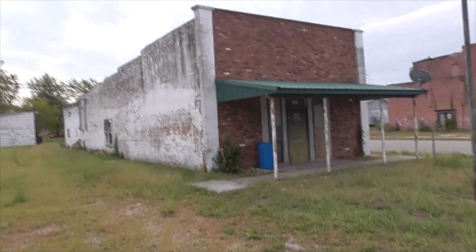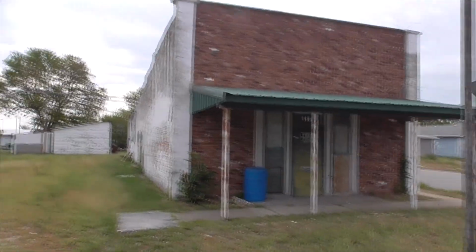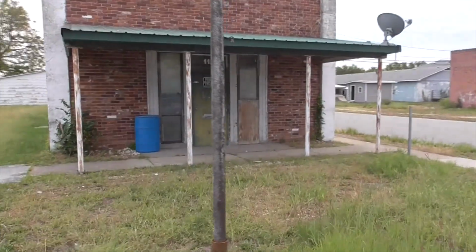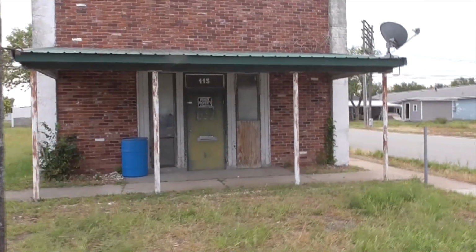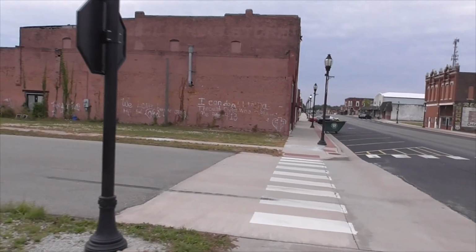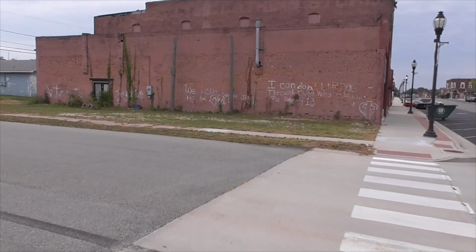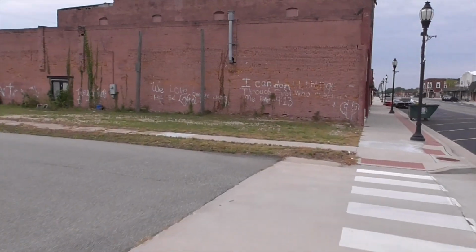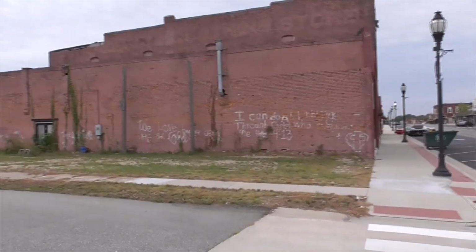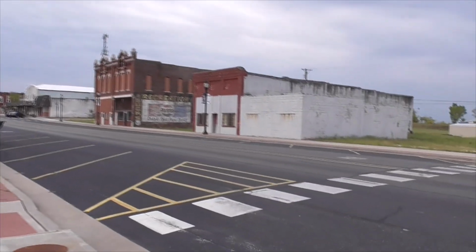Look at some more cool stuff. Here at 115 Main Street, it's all closed up. Beautiful brick building. Not sure what it was, but it looks like kind of an office. Have these round cylindrical poles holding up that awning. Another old building here with lots of nice little graffiti on it, but it's good. We love lots of good stuff here. Christ, we're in the Bible Belt still. All these brick buildings are all built between about